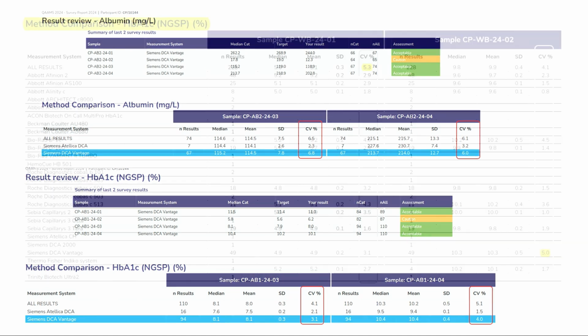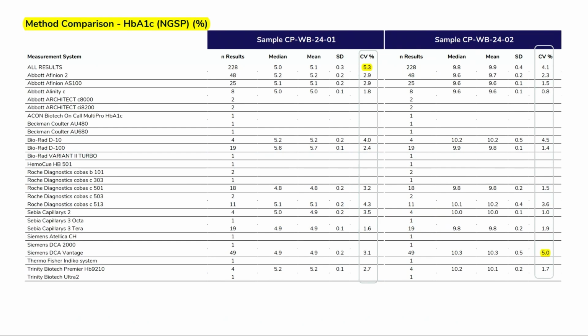So within a method, you'll see it here for HbA1c. Within a method, the HbA1c CV is actually quite tight. If you look at all methods CV, it's higher, and that's because there's bias between methods. And you can see the extent of the bias here, 4.8 to 5.6, 10.3, 9.6. So there's actual bias between methods. So within your peer group, you're doing really well, but if you're a patient, you could be at risk depending if you look at two different methods. Okay? So we're not as good as we thought we were.